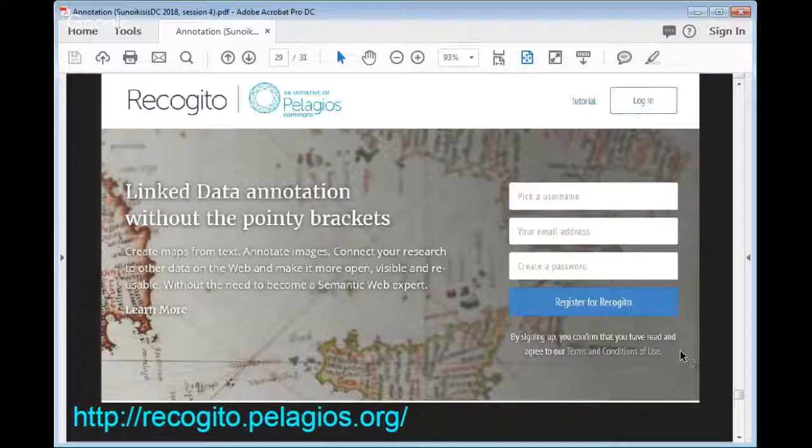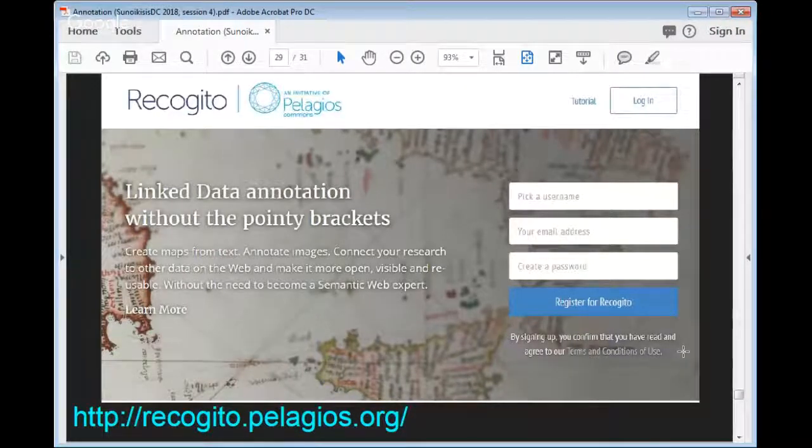I wanted to flag this just briefly. I think probably everybody who's watching this has seen the Pelagios project before and has seen the Recogito annotation tool before. So I'm not going to show it right now, but if you haven't, do go ahead and play with it.